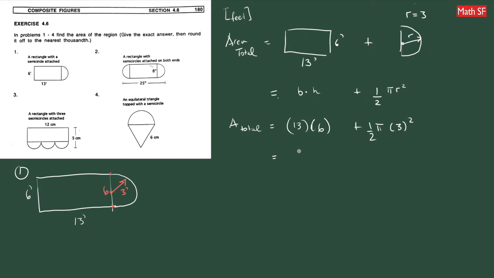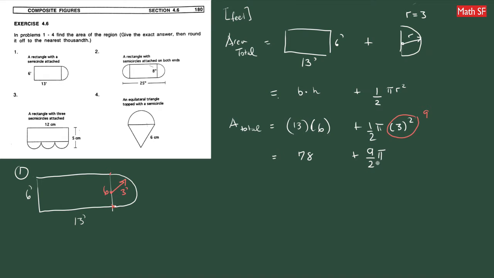So this part here should be 78 plus, recall this 3 squared is actually 9. So 9 times 1/2 is 9/2. So I should be able to have 9/2